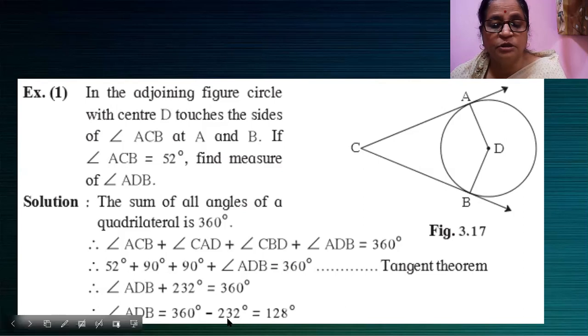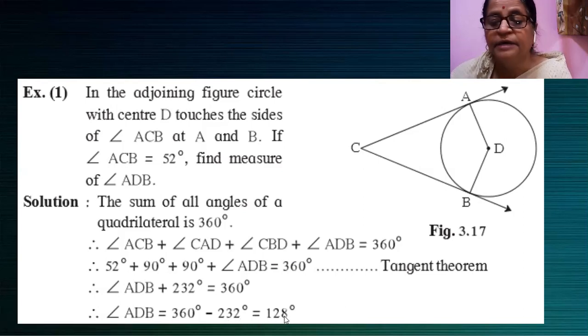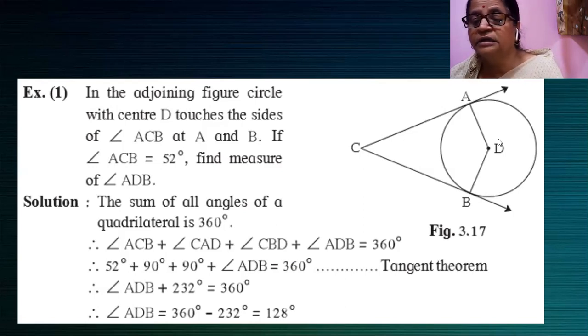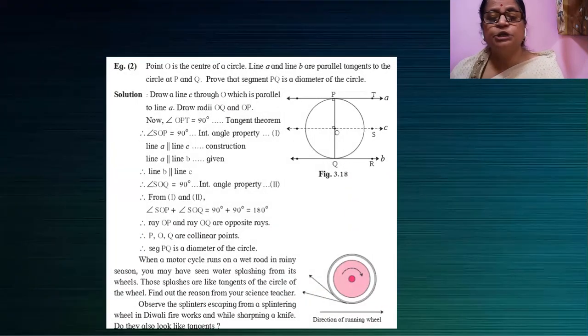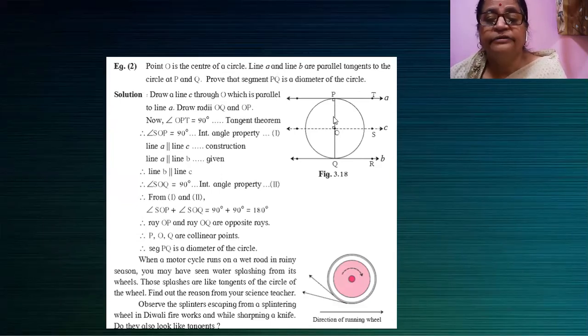Then we got the measure of ADB equal to 128 degrees. Okay, in the next example, they have asked,